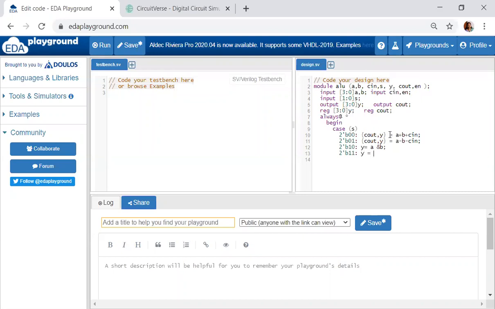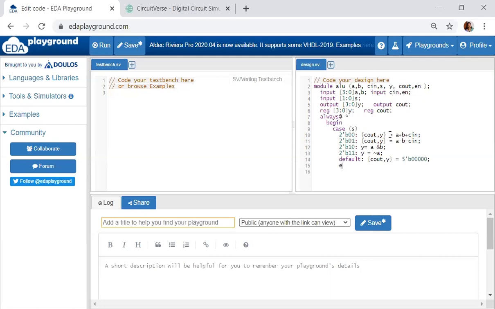So you can either complement A or complement B. Default value: let us write it as Cout, Y is equal to 5'b00000.